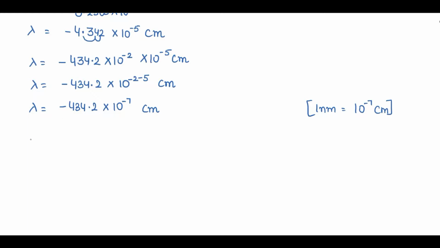So I'll just convert this value. So lambda equal to minus 434.2 nanometer. Now this negative sign indicates that it is emission spectra, right? That means the photon is emitting energy and moving its position, right? So you can write over here, negative sign